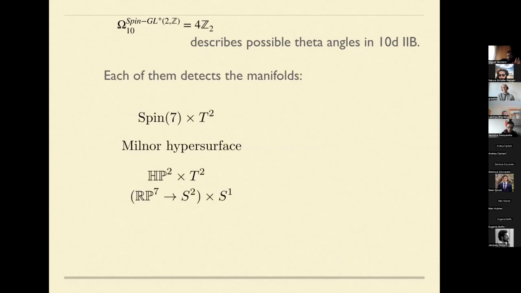We could write down explicit expressions in terms of cohomology or invariants, but it's much more efficient to just tell you which manifolds they detect. So there are 4 discrete theta angles. They are non-zero on 4 particular manifolds. This is just a Spin(7) manifold times a torus, HP2 times a torus, and there's a duality bundle on the torus. That's very important. There's a Milnor hypersurface, which is just some complete intersection in 10 dimensions. This is actually the most boring of them all. It's detected just by cohomology. And then there's some interesting fibration times the circle, okay,